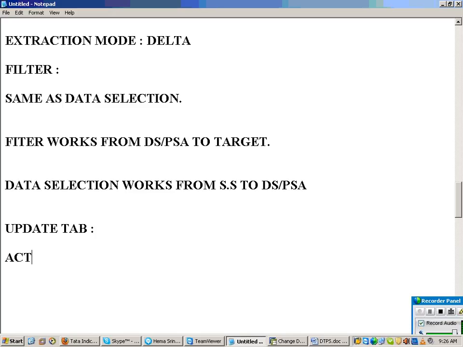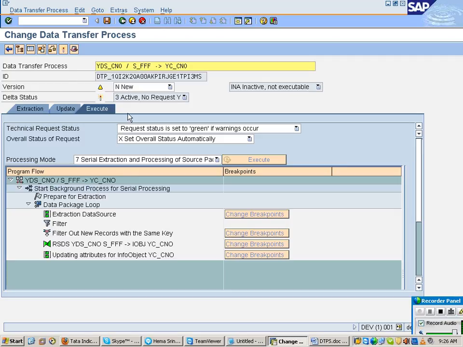Update tab. Now what you can do? Activate the DTP. So I have used the default options itself. Then you can click on execute. So I'm just activating my DTP.